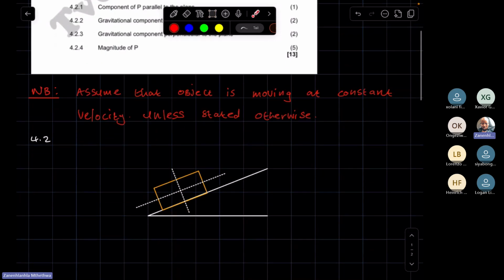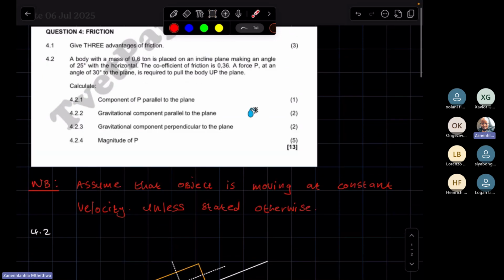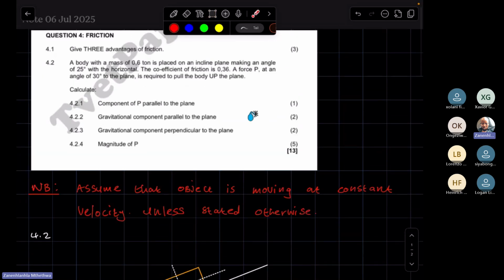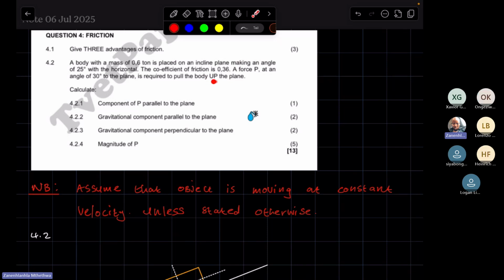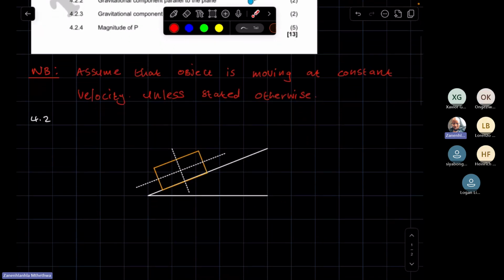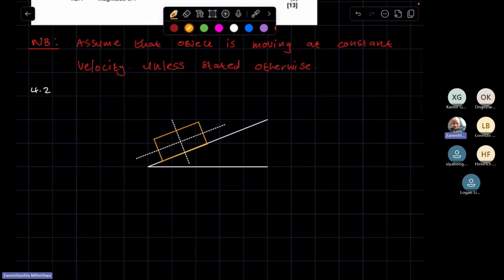Right, so we have an object. The object is going up the incline. They told us the object is going up the incline. All right. So this is going up the incline. We have this. All right. So remember, we have